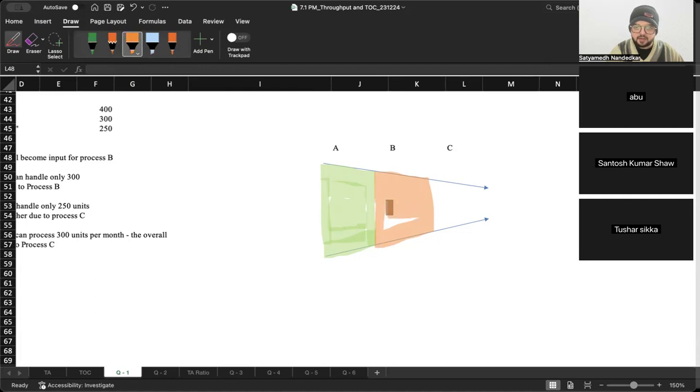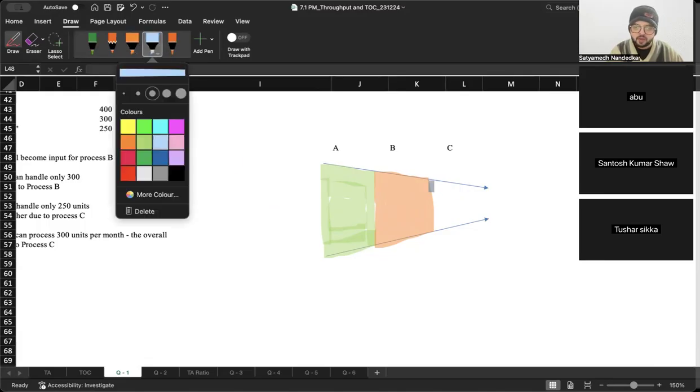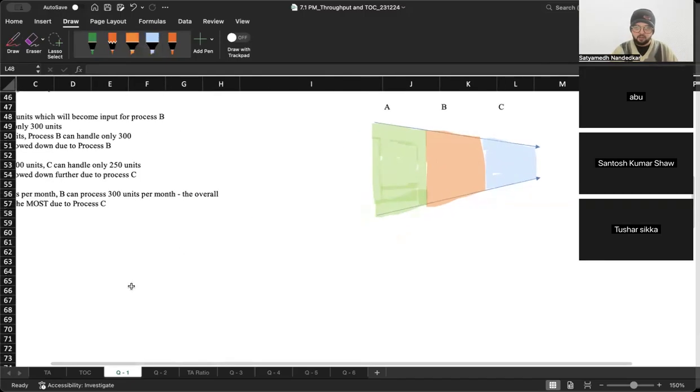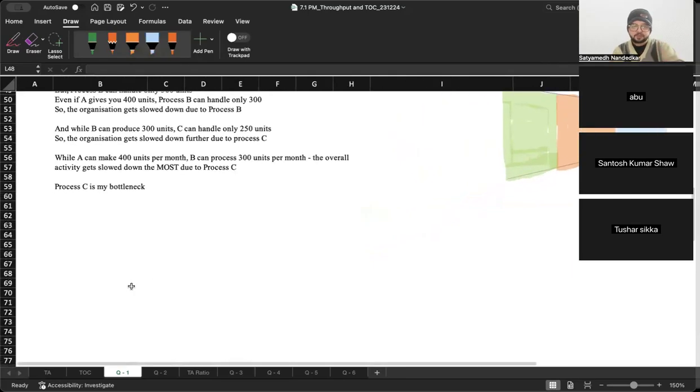B's capacity is to make how many? 300 units per month. But the major problem, the cause of all my worries, who is the cause of all my worries? C is the cause of all my worries. See, C slows me down the most. C is my bottleneck. So if I have identified that C is my bottleneck,